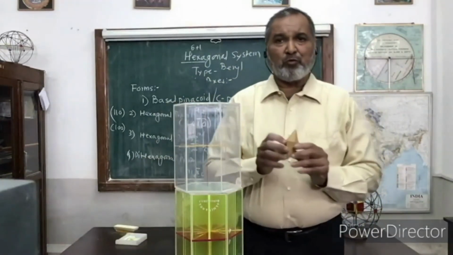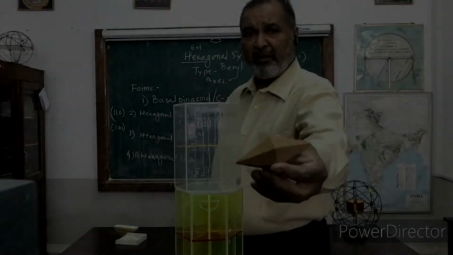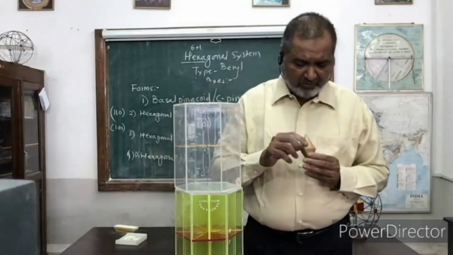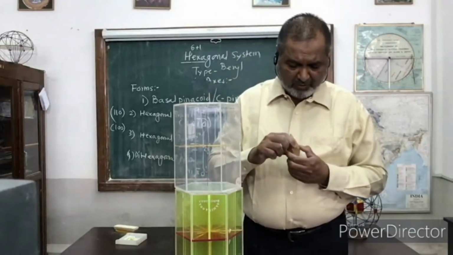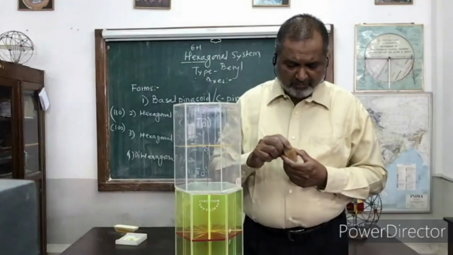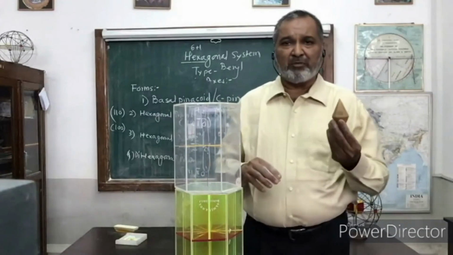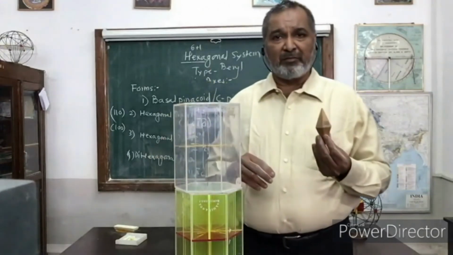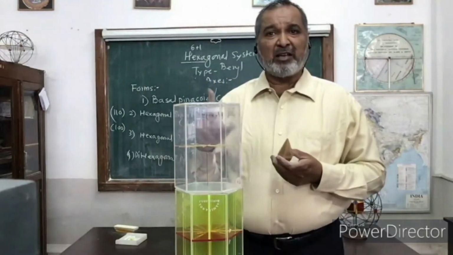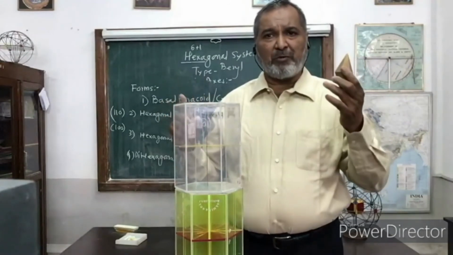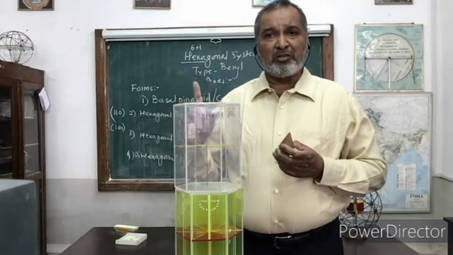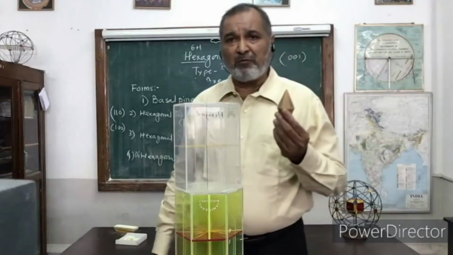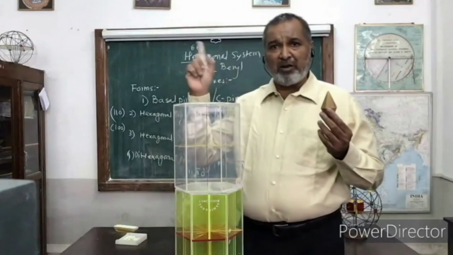Then 242. Yes, this is the model. You can see the number 242. Now count the faces: 1, 2, 3, 4, 5, 6 on the top, 6 on the bottom. So it is a normal hexagonal pyramid, 6 on the top, 6 on the bottom. So here we have indices for the hexagonal pyramid first order, only one form is there: 1 0 bar 1 1. That is pyramid 1 1 1, normal indices.